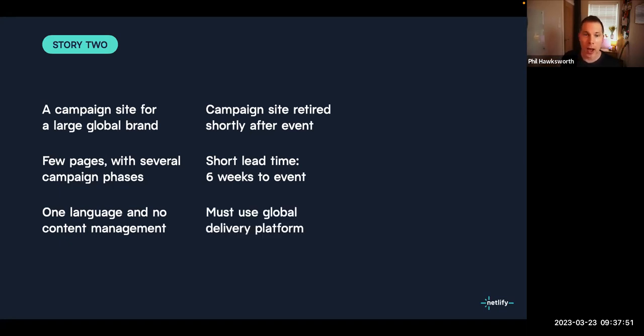And another constraint to this is that it must use the global delivery platform that the organization had invested many, many millions of dollars on, and that was the platform that all projects would need to use. So one of the reasons that this became very interesting to us is that we had less than 6 weeks to develop it and to deliver it,